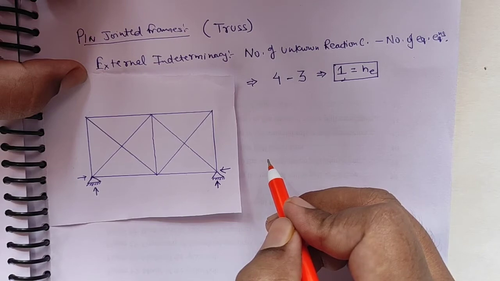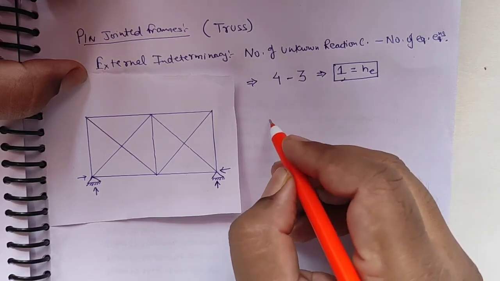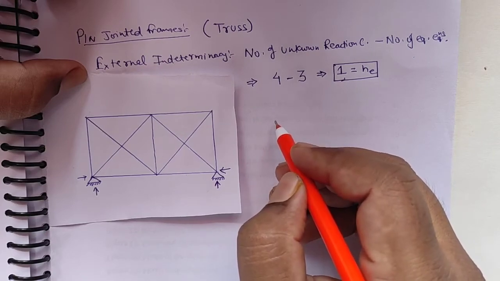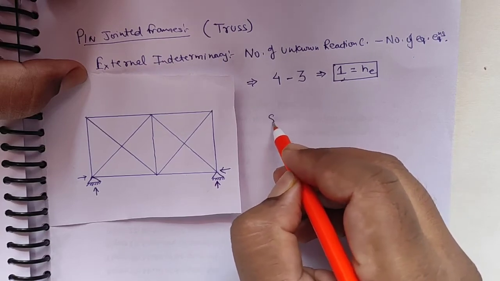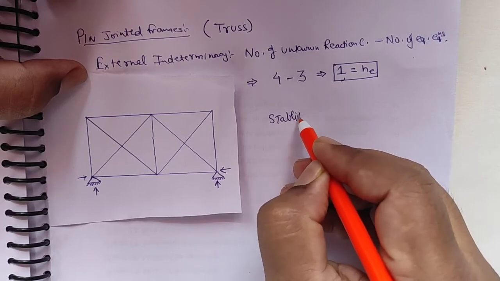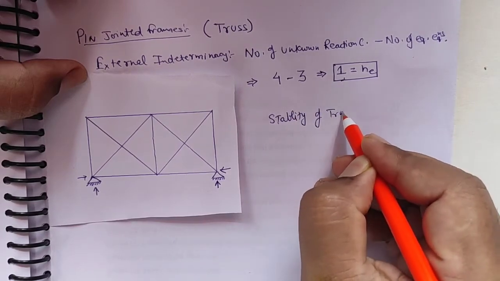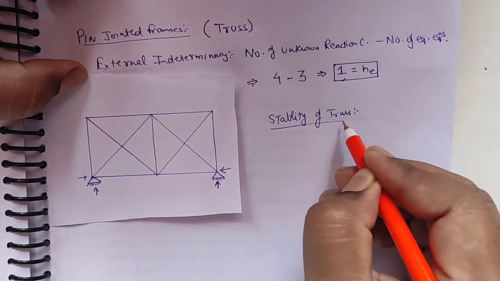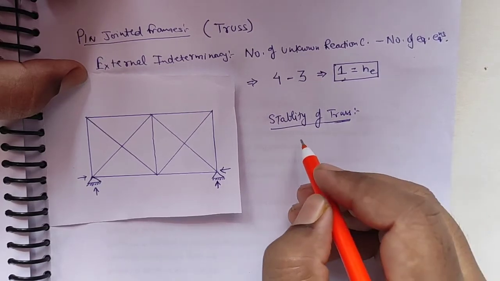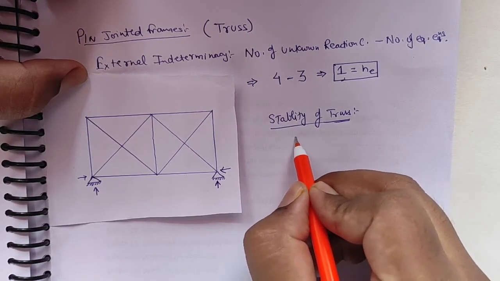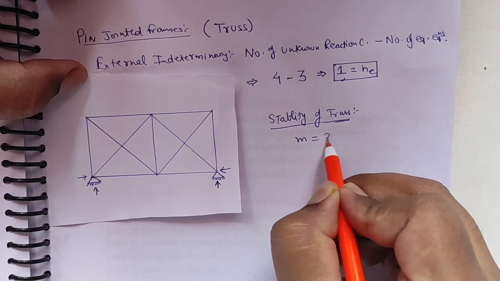First, let me find the stability of the truss, which directly depends upon the internal indeterminacy of the truss. For this I use a formula